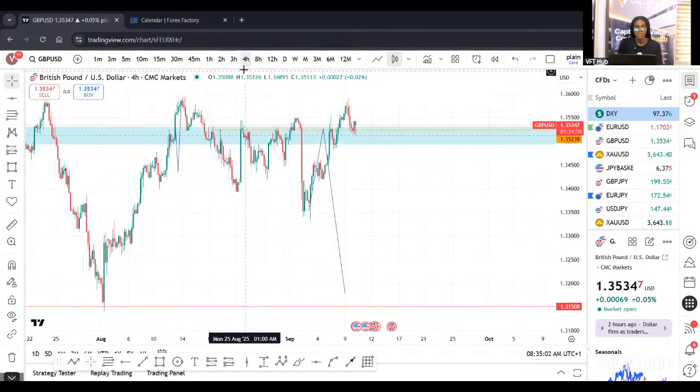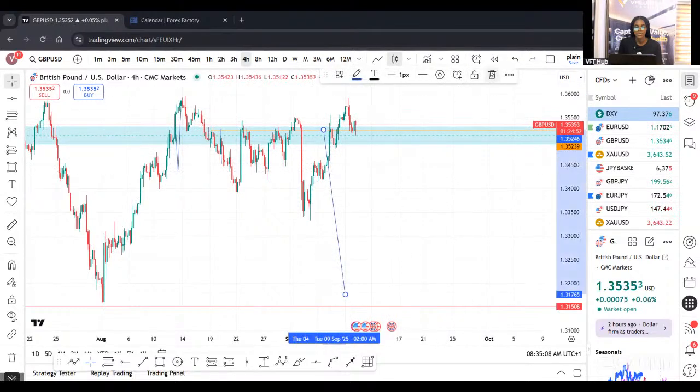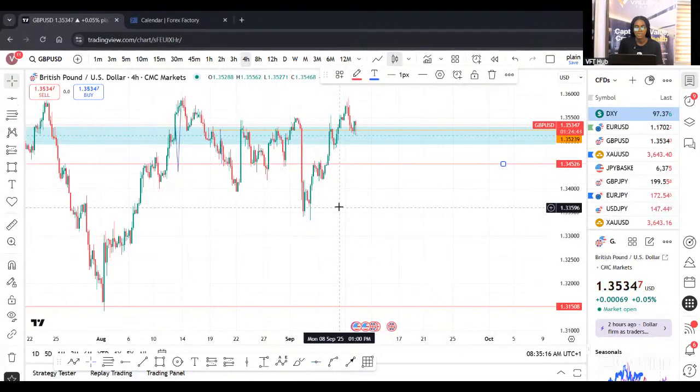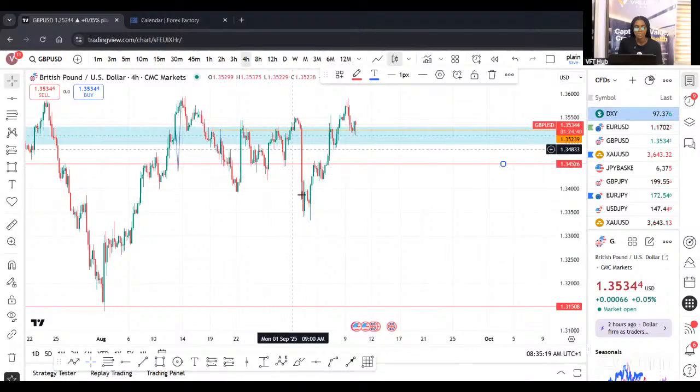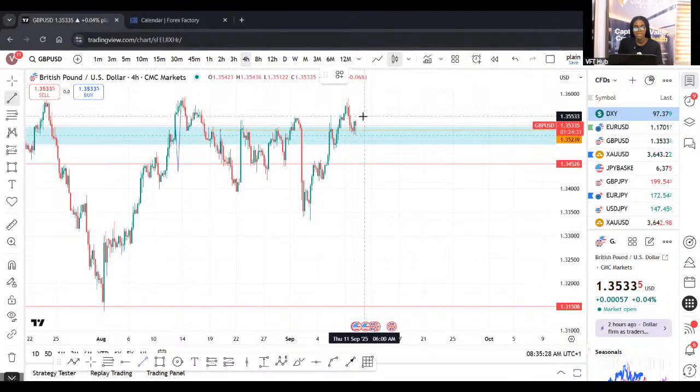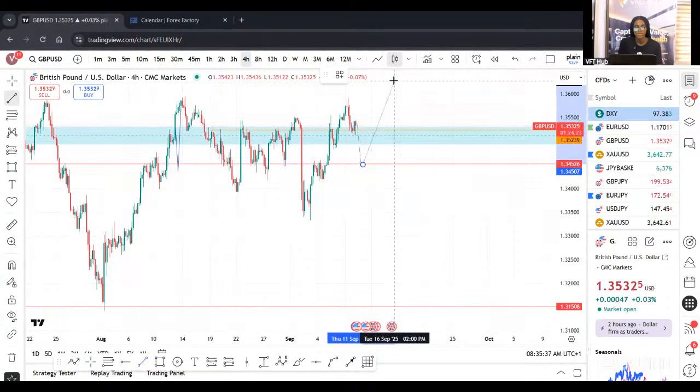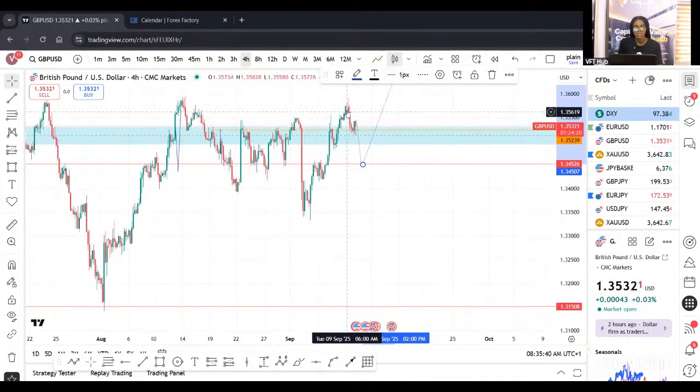Coming down to the 4-hour time frame, this is what I am speculating that price will probably do. There's the classic box pattern right here that we usually use for analysis. Shoulder at 1.34526, sweep to the downside, break to the upside. So we may see price retracing right back into this left shoulder. And once price trades right back into this level, I'm willing to buy GBP USD. So I'm looking out for a sell to buy on GBP USD on the 4-hour time frame.